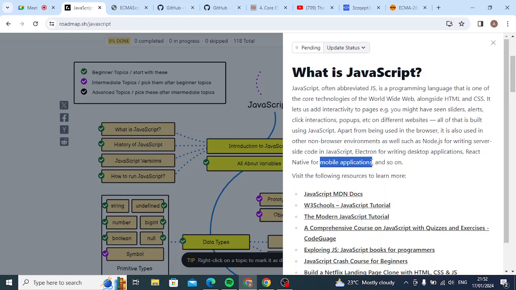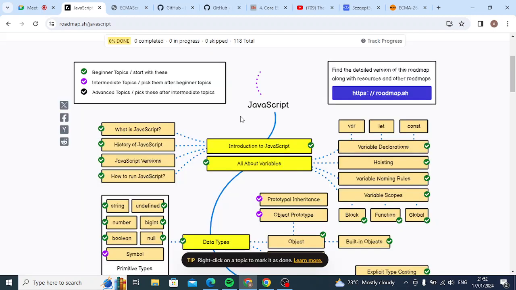I can give you one very good example of a mobile application that you are all using. Not just a website. Of course, all the websites are done mostly using JavaScript, HTML, CSS only. The mobile app that you are using, Instagram.